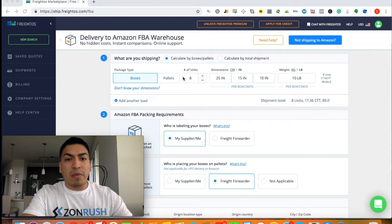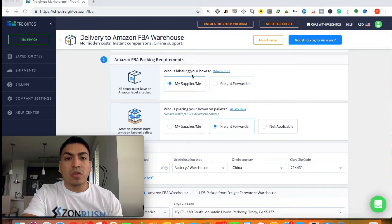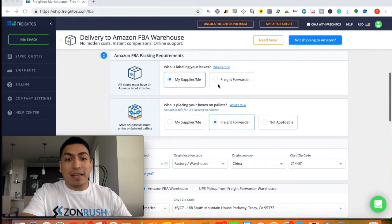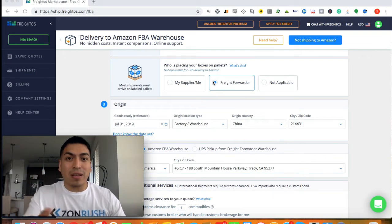So you'll just put how many boxes. Let's just, as an example, I put this. And you can even change it in centimeters if your manufacturer gives you a quote in centimeters. And then usually who is labeling your boxes, you can put you or your manufacturer. But the freight forwarding companies, what's really neat is they'll even do that for you. So that's pretty cool. Now, after that, then you'll say who's placing the boxes on pallets. You can just put, let's just put the freight forwarding company,